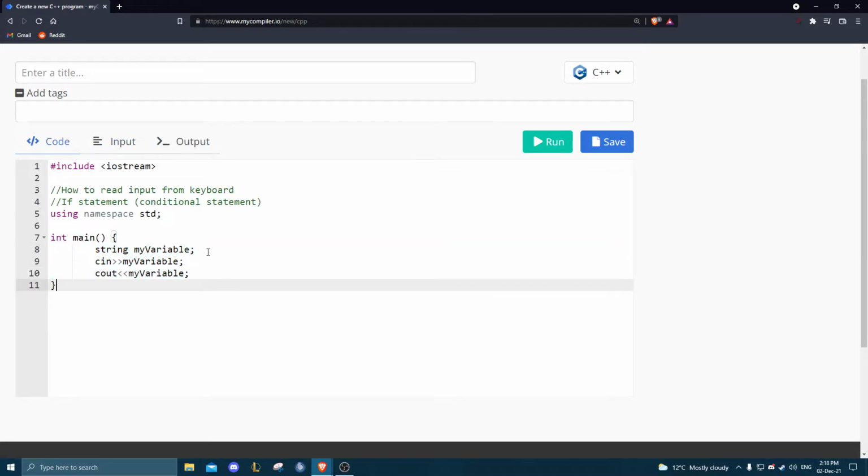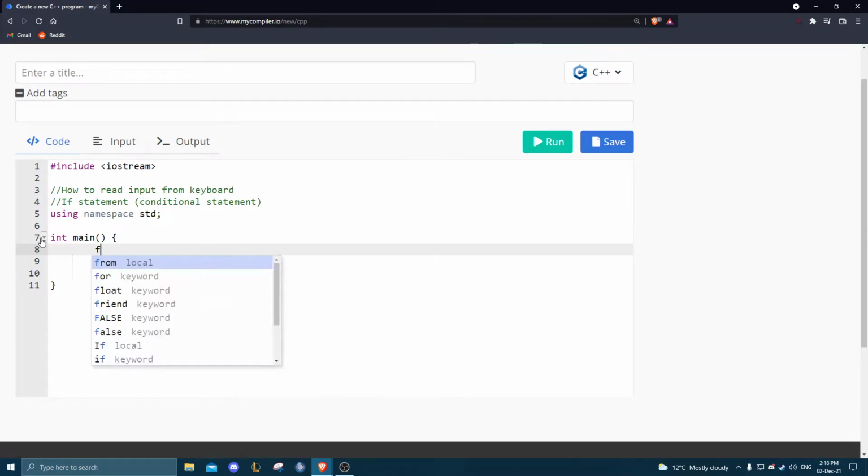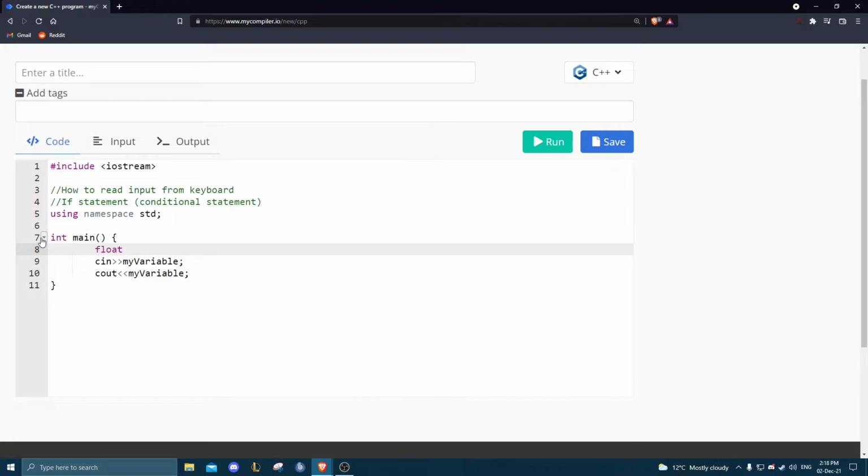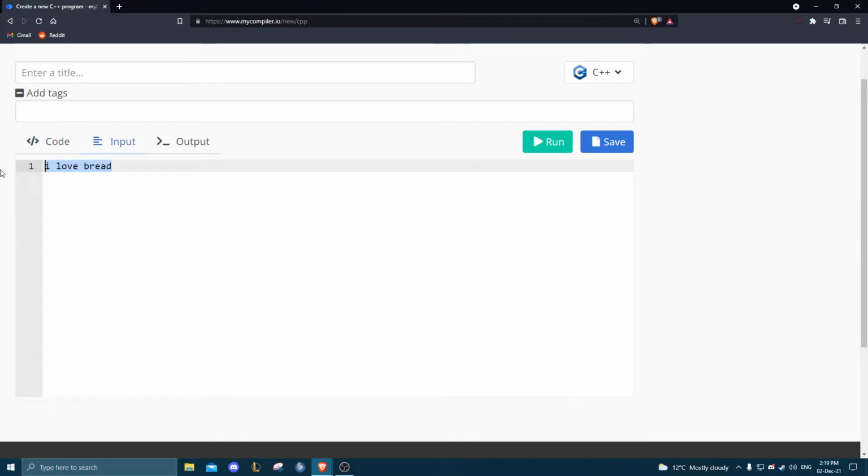So you've learned how to read a variable, and you've learned how to assign it to an already declared variable. You can input any type of variables. For example, I can go for a float number and say my float, and on the input I will write 7.32,